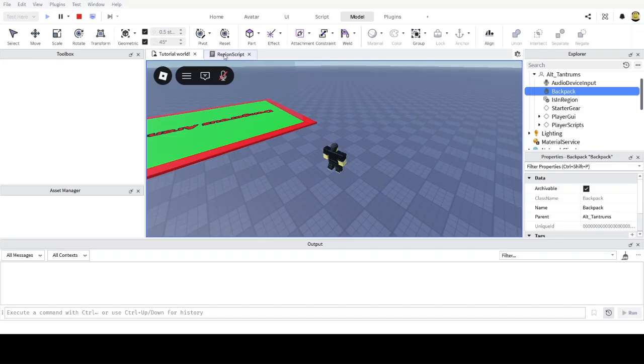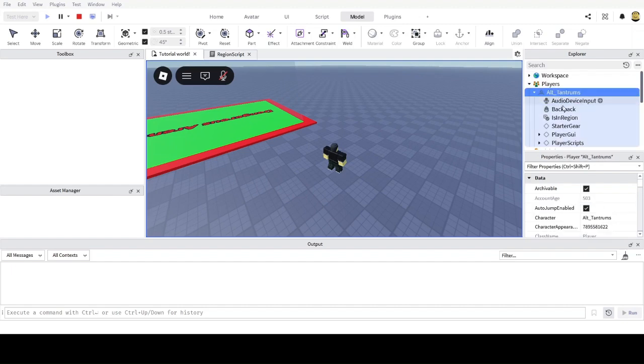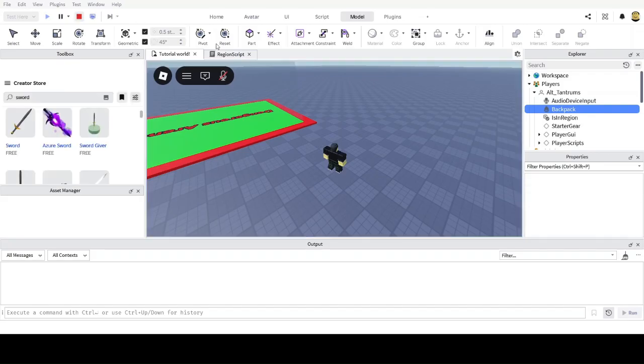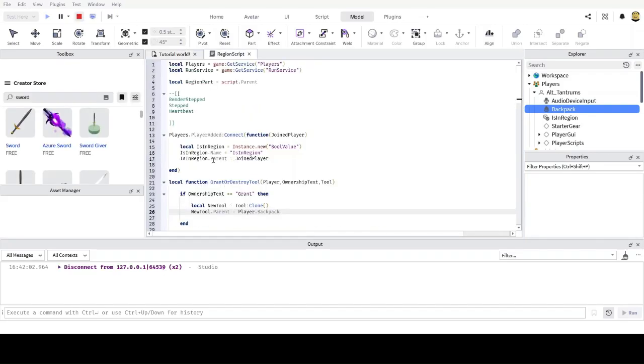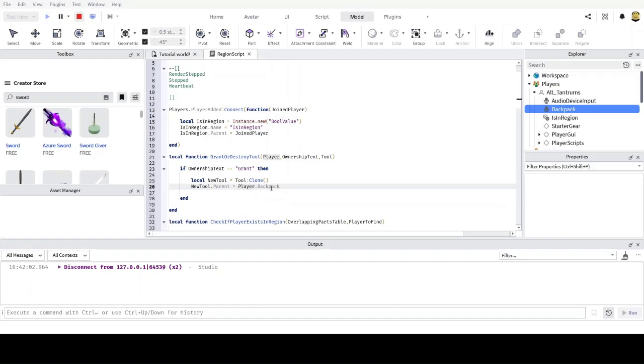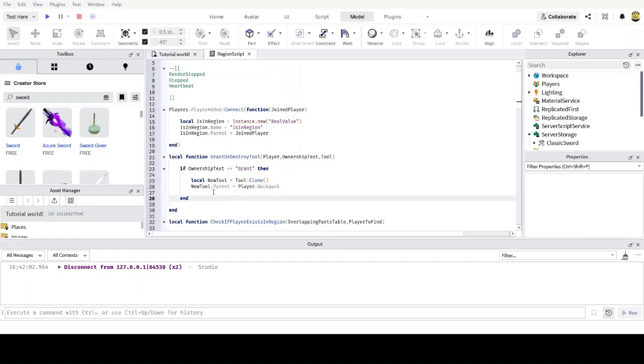I'm going to be inserting that specific tool in this Backpack, which is right under player.Backpack. That's why I'm putting newTool.Parent equals player.Backpack. All right, after that, we're also going to check if the ownershipText equals "destroy"